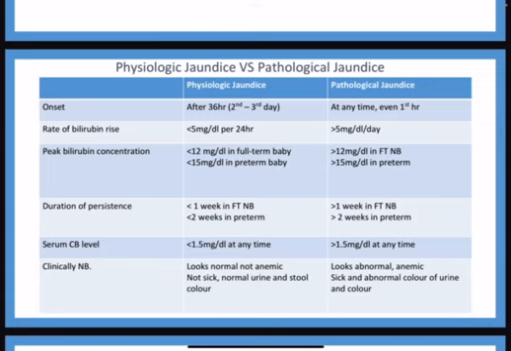So what causes pathological jaundice? We mentioned the difference between both, and we said why physiological jaundice happens. Now, why does pathological jaundice happen? We say that the problem all starts with heme or hemoglobin. So if there is increased production of bilirubin for any reason,